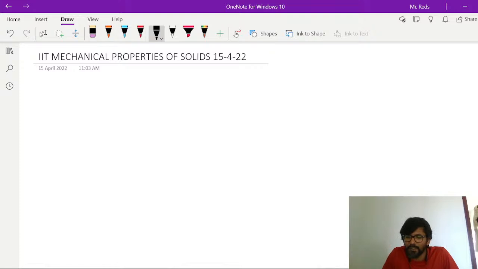The one we have to cover is the relation among elastic constants. I hope you remember the weekend portion. For this week we have bulk modulus, rigidity modulus, and strain energy or elastic potential energy, and